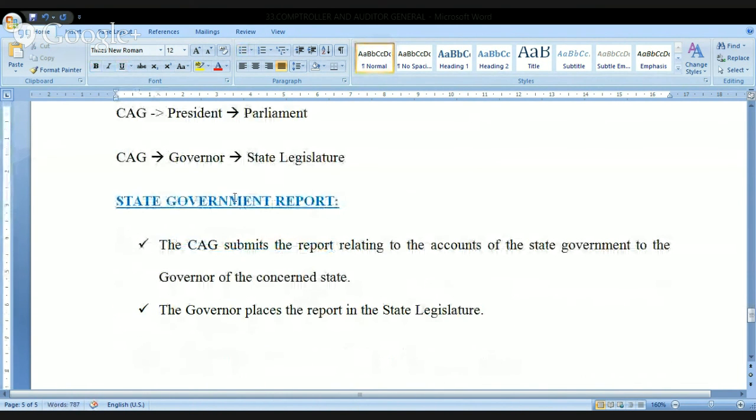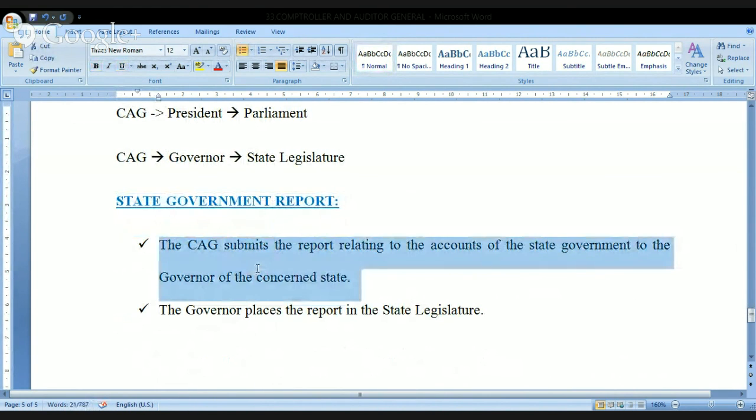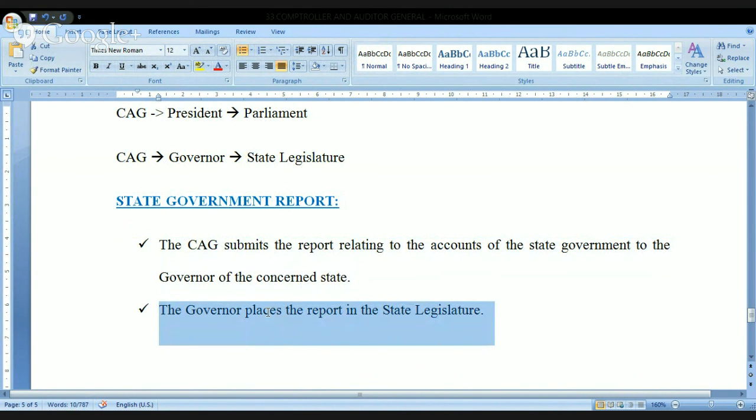Next, last one, I told you already that with respect to the state government report, the CAG submits a report relating to the accounts of the state government to the governor of the concerned state, and the governor places the report in the state legislature. Okay,